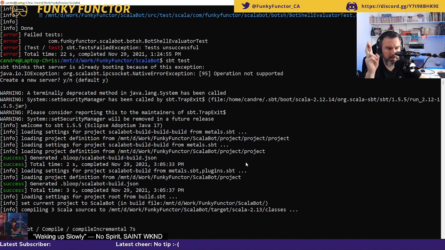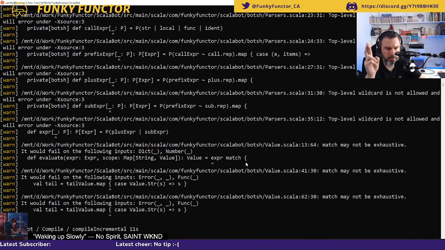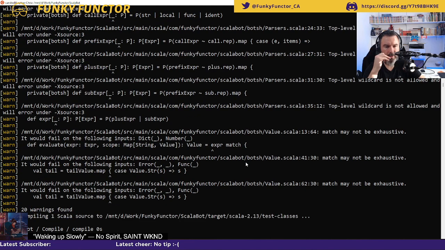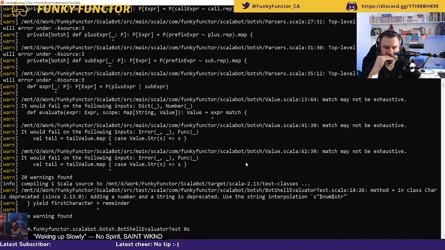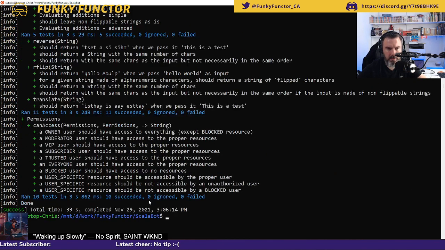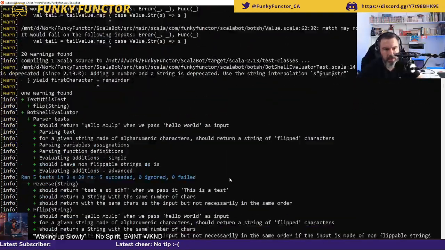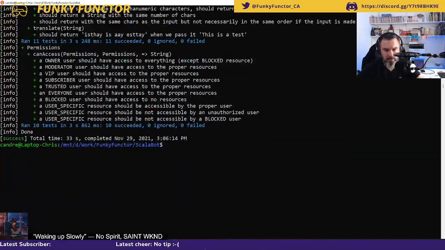Fingers crossed. Lots of warnings. Match may not be exhaustive. Oopsie, sorry. Method plus in class Character is deprecated, and I even have my tests running, and everything seems to be fine.